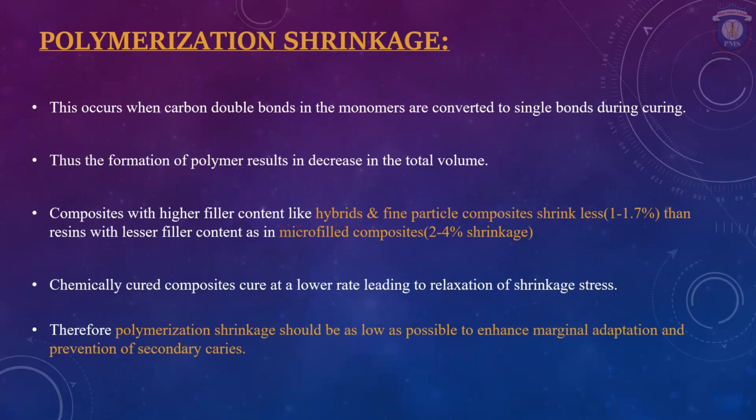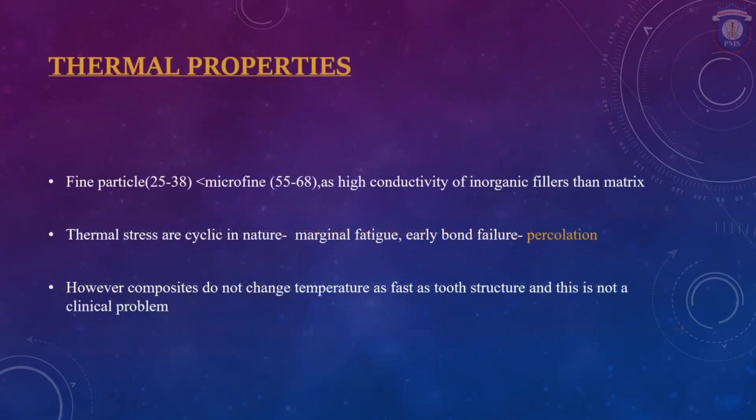The formation of polymers results in a decrease in total volume. Composites with higher filler content, like hybrid and fine particle composites, shrink less than resins with lesser filler content, as in microfill composites. Therefore, polymerization shrinkage should be as low as possible to enhance marginal adaptation and prevent secondary caries. Thermal properties: fine particle size less than 25 to 38 micrometer, or microfine, that is 55 to 68 micrometer,